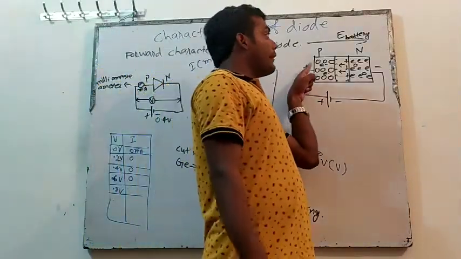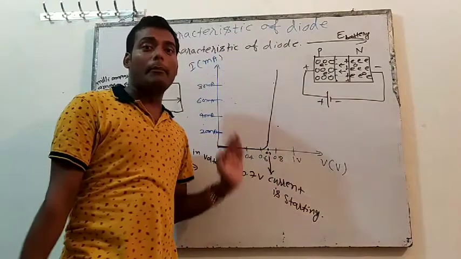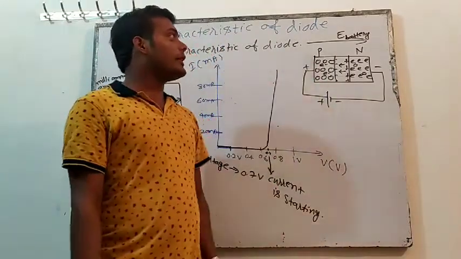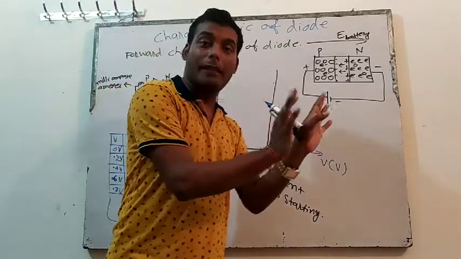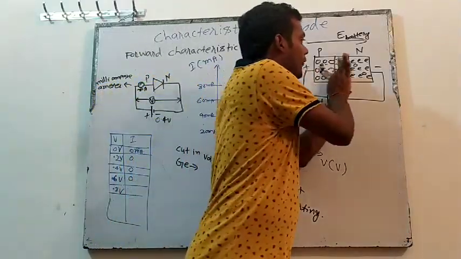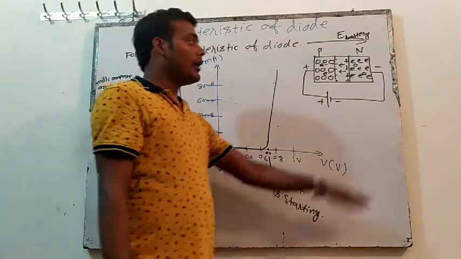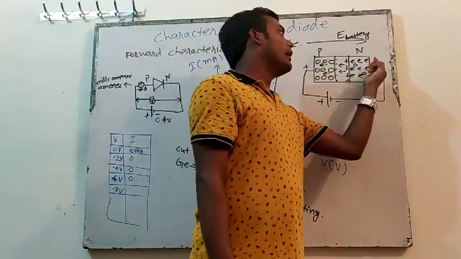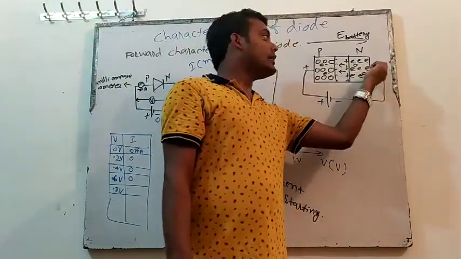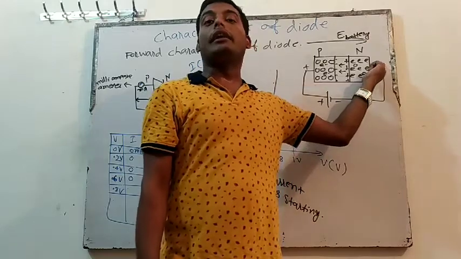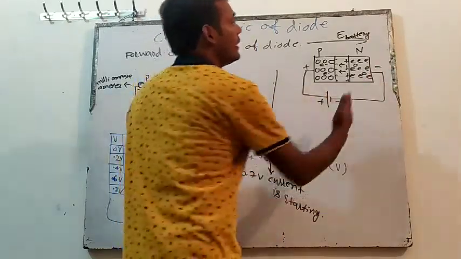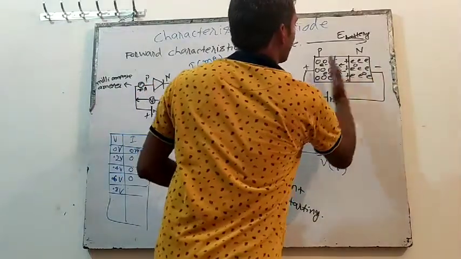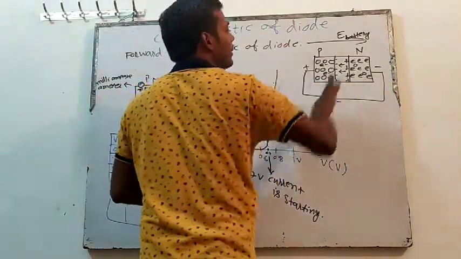So this positive will repel this positive. It will push it, right? This is also positive, so between positive and positive there will be repulsion. Here this is negative, and the electron is also negative; this terminal is also negative. Negative will repel negative, so this negative will push this negative to this side. So this electron will try to come out on this side. This hole will try to come out on this side.